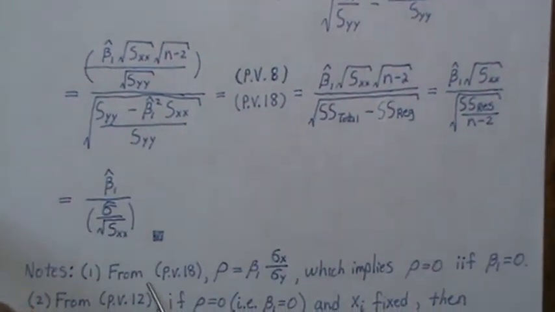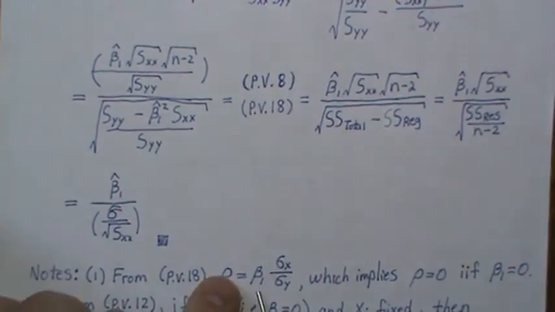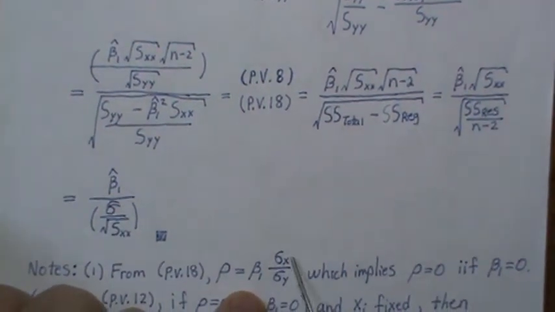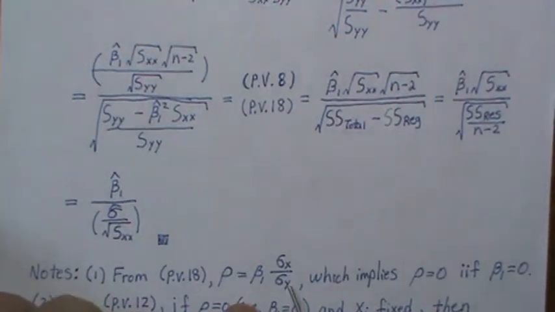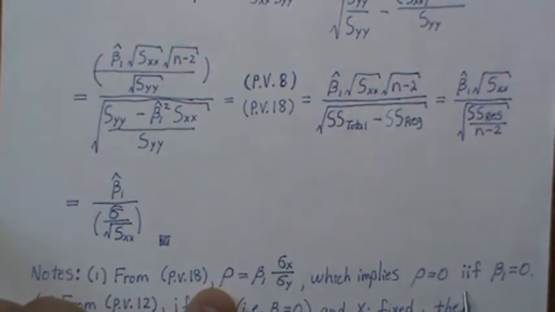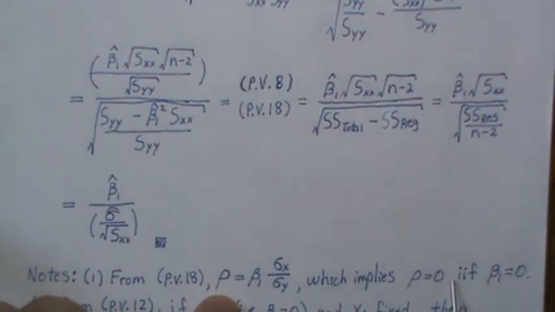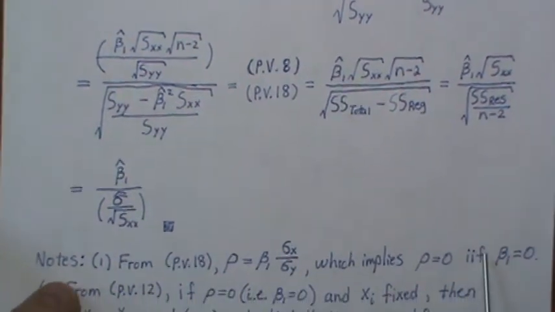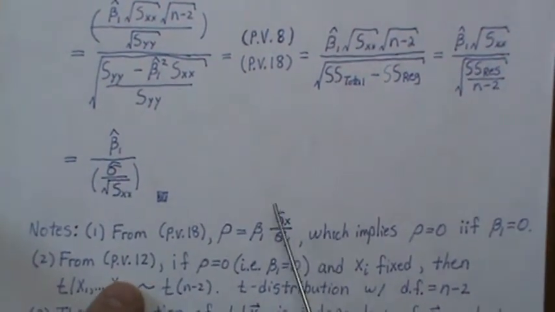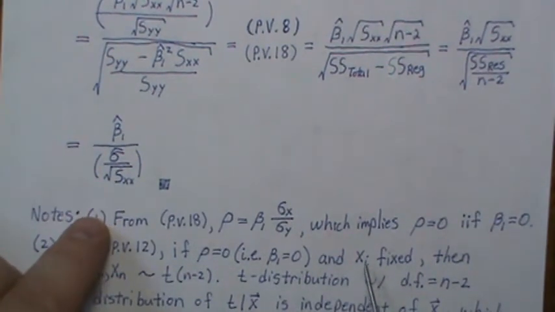From a little background, from PV18, we derived this relationship. So this implies, and since this is standard deviation, the standard deviation of y, they're always positive. So if rho is 0, that means beta 1 is 0. And actually, if beta 1 is 0, then rho has to be 0. It's an if and only if. Okay? So this right here from PV12,